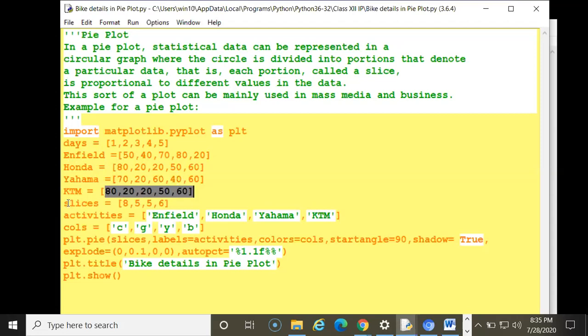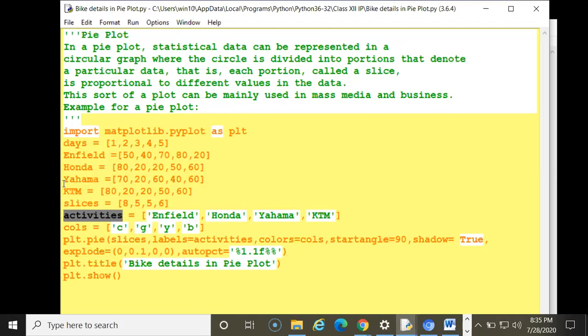Now I have to make slices. For how many slices you can put a limit over here. Now activity is another variable which is holding Enfield, Honda, Yamaha, KMT. These values are held in this variable activity.